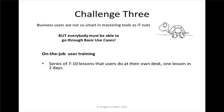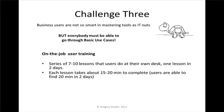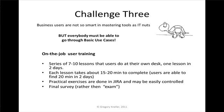It consisted of a series of 7-10 lessons. The user can do it on his or her own desk without any classroom and so on. Just when he has time, 20 minutes in 2 days, he can do a lesson without any problem. And practical exercises are important for training. They are done in JIRA itself, they look in JIRA and may be easily controlled. And a final survey rather than exams, just feedback on how users feel and what they think